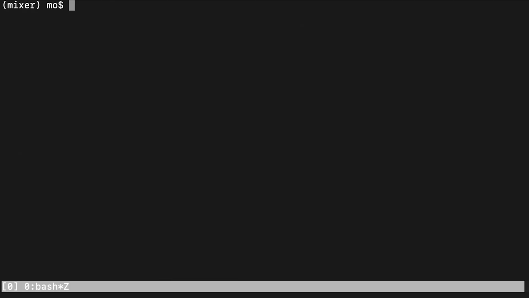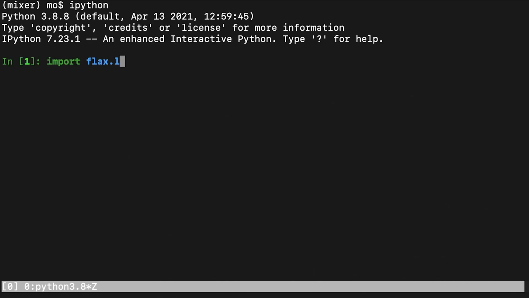Alright, before we start, let me give you a very quick introduction to Flax, and I will focus only on the concepts that will be necessary to understand the forward pass. So if you're wondering what the difference is between JAX and Flax, JAX is an auto-differentiation tool, among other things, and Flax is a deep learning package that is built on top of it.